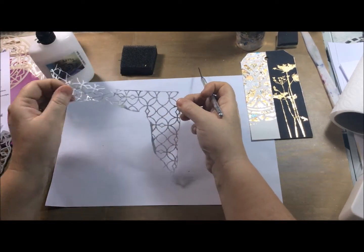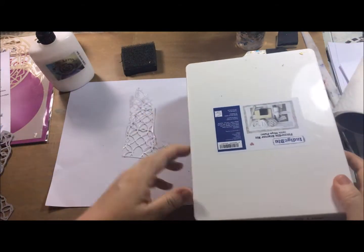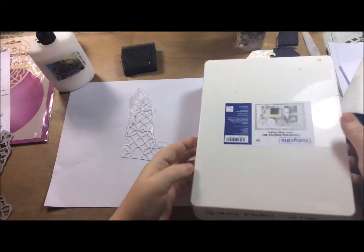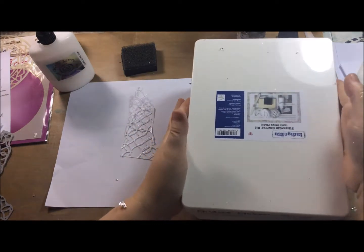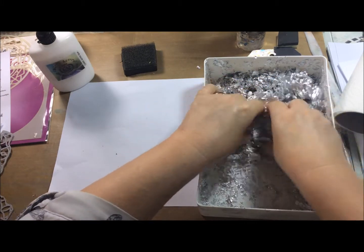Now I've cut it out, and now I'm taking off the carrier sheet of the front, so now I've revealed the stickiness, and I'm going to be using silver Gilding Flakes with this part. Now you could